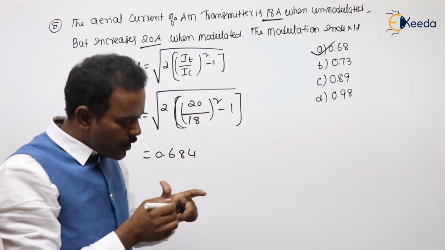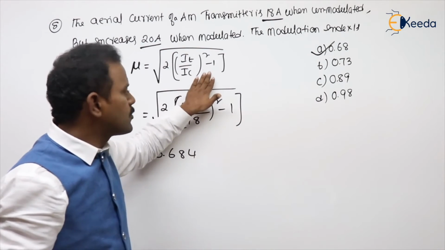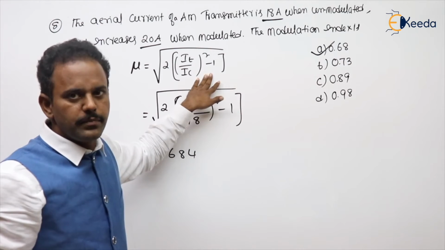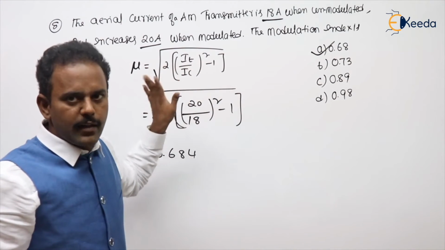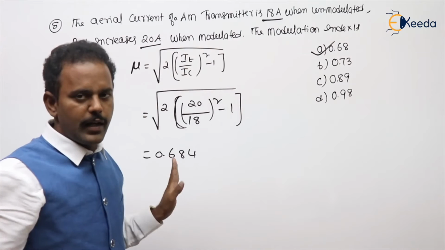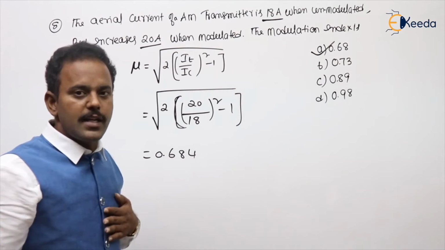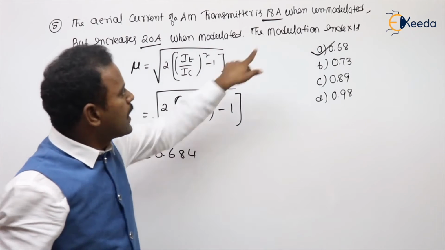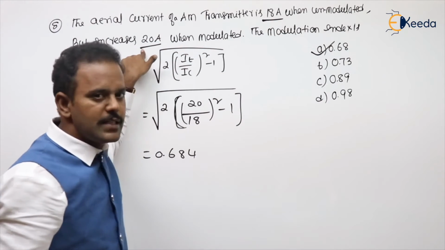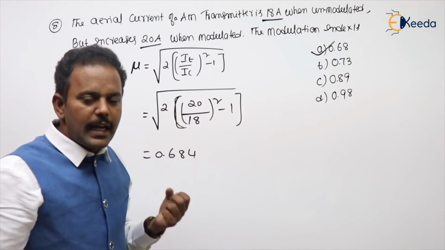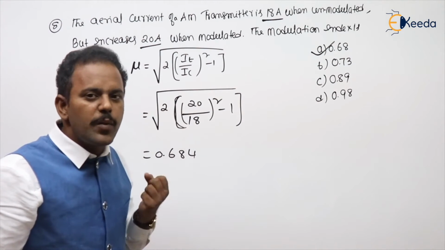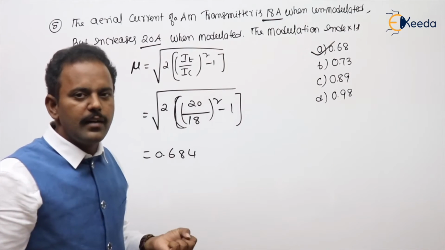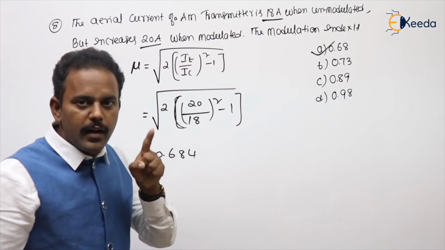Even from the previous formula you will get this by deriving, but time saving in the competitive examination is most important. So remember all the formulas directly without any doubt or gap. Actually, if I want to say, there is no need of writing this formula also, you have to write this directly. Because unmodulated means IC, modulated means IT. Substitute and get the answer. You need to save your time in each and every problem. Then you are able to solve the maximum number of problems. Then you will get the All India first rank.